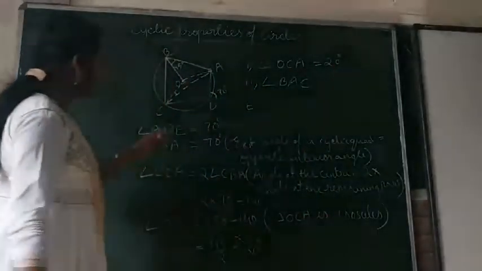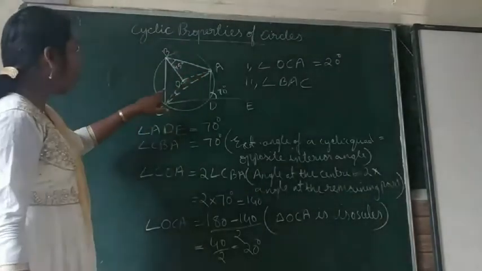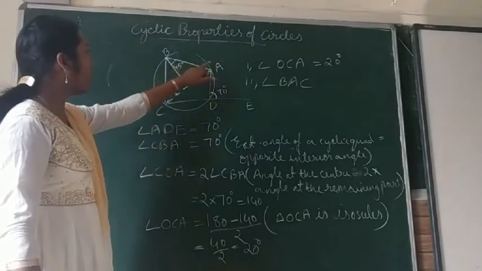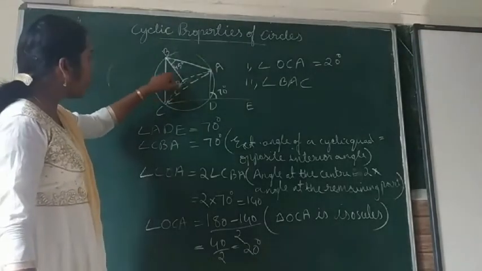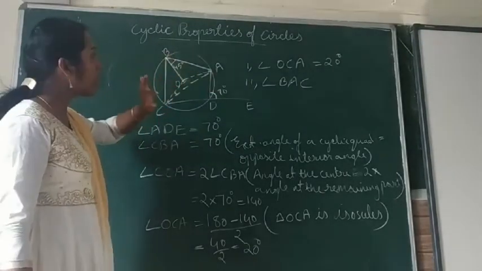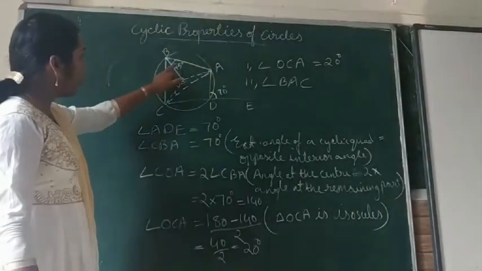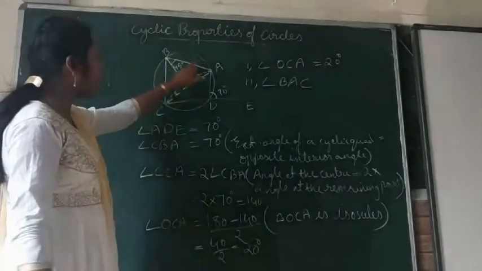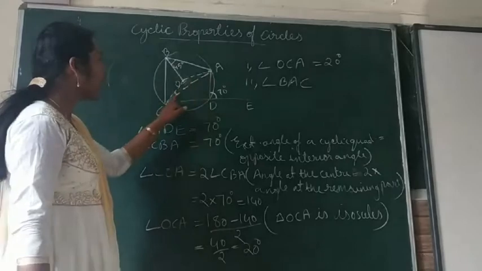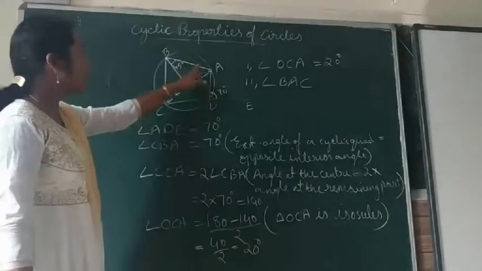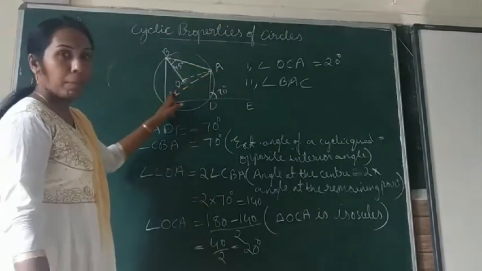Now we have to find out angle BAC. This angle we have to find out. Now already we have 45 degree over here, that is angle ABO is 45 degree. Now triangle ABO is isosceles because OB is equal to OA, radii of the circle. Hence, angle OAB is equal to 45 degree. Angle OAB is equal to angle OBA, that is 45 degree. And we have already got angle OCA and angle OAC, that is equal to 20 degree. So 45 degree plus 20 degree will give you the value of angle BAC.